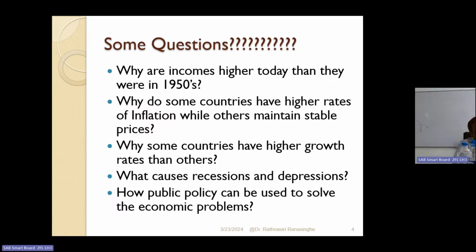For example, apart from the questions I highlighted earlier, those are the major problems. If I ask you what the major macroeconomic problems the country is facing, you can explain all these problems. Lower income, lower growth, because our per capita income also decreased. Earlier we were in the high income category, but now we are in the lower middle income category,